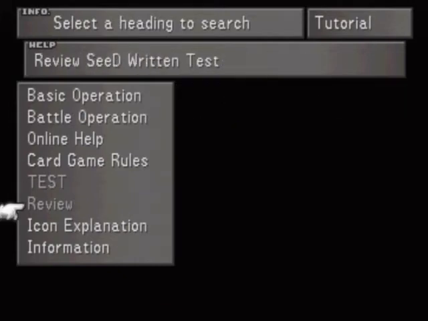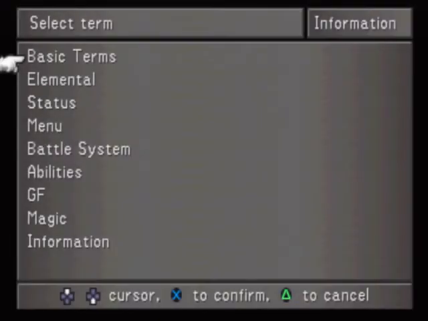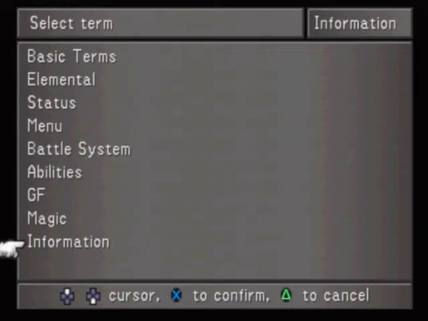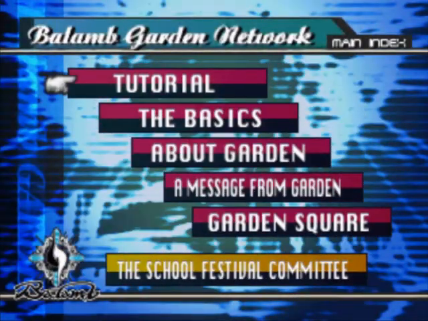Anyways, information, this just displays basic stuff like this, but if you go further into information, eventually we'll get, I believe, 1 or 2 other options after the below here at different points later on in the game. So yeah, I guess I'll explore those when they become available. But anyways, as far as this LP goes,